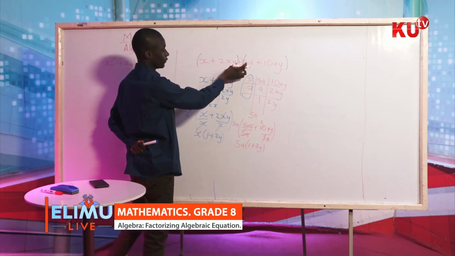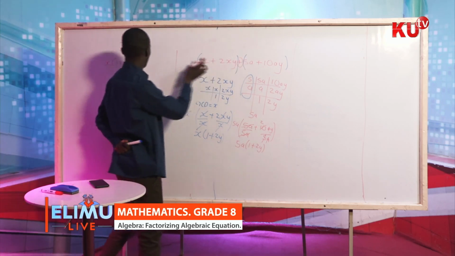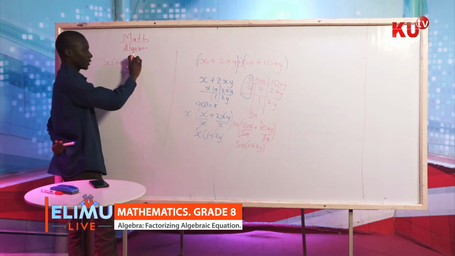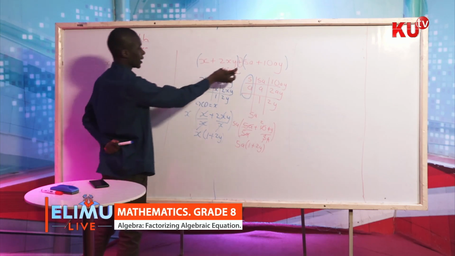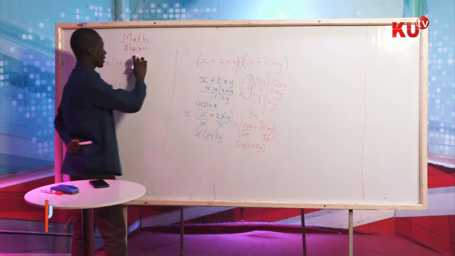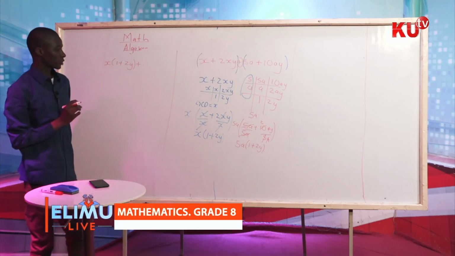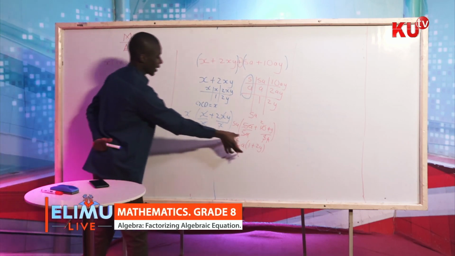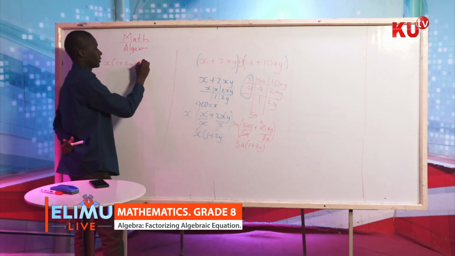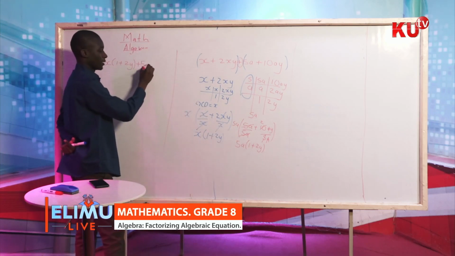So if it was a subtraction sign, automatically this part will become a subtraction sign. But in this case, we had an addition sign, so this part is going also to become an addition sign. Plus the second part, this side here, so that's a 5a